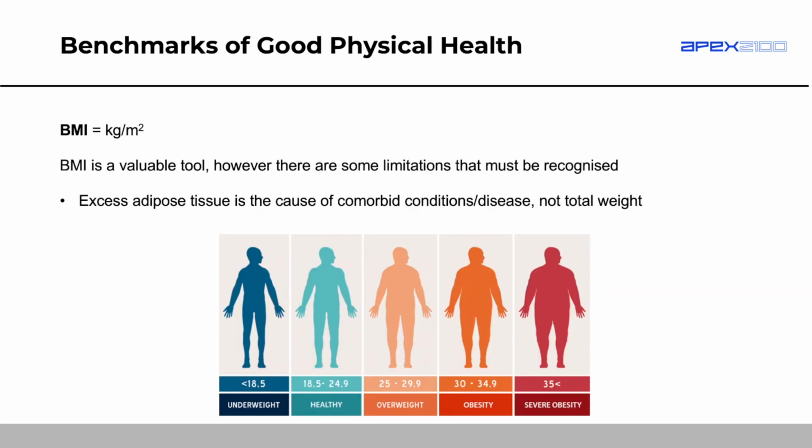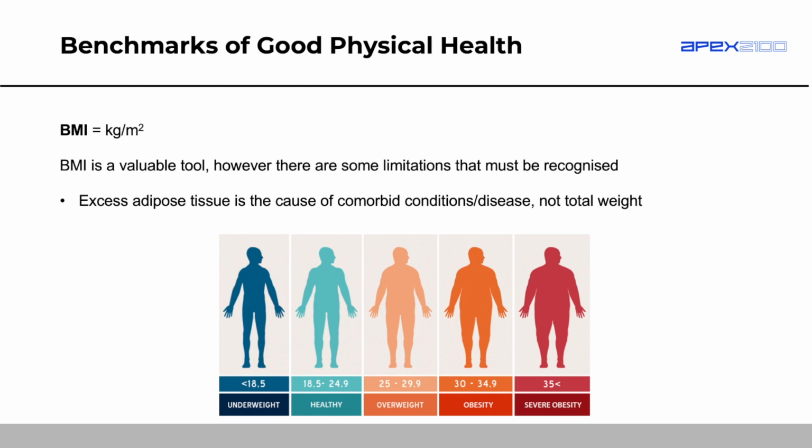For BMI, it's kilograms divided by meters squared. You can easily use a BMI calculator. If you type that into Google, BMI calculator, you put in your height, you put in your weight, and it will tell you what your BMI is. BMI is good. It's a quick way of getting an estimate of body composition, but there are limitations with BMI. Firstly, that is because it only takes into account our weight. It doesn't take into account how much of that weight is muscle and how much of that weight is fat. It sort of groups them together. And we're going to see how that issue arises in just a second.